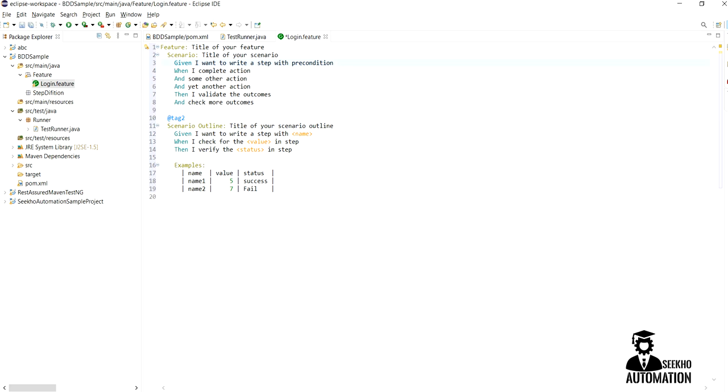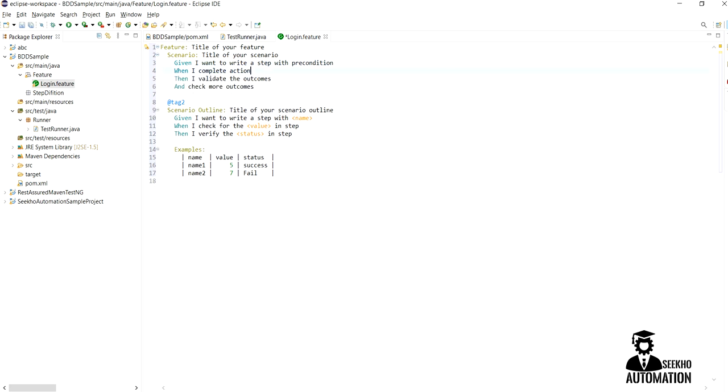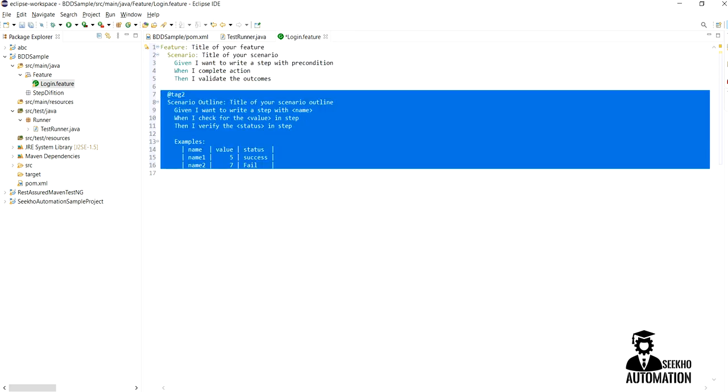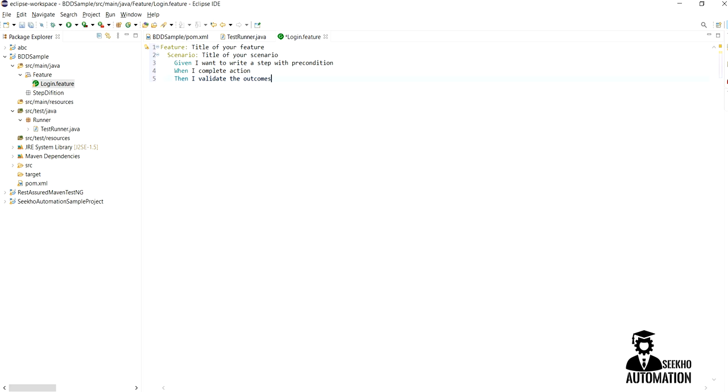Fine, we can remove this one also. This is pre-generated code which is generated by Cucumber itself. Click on save.